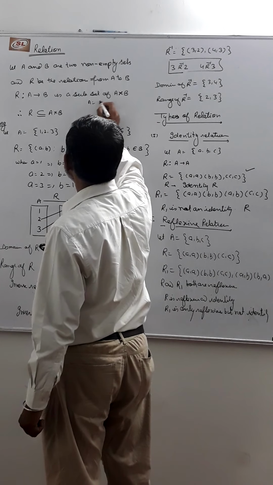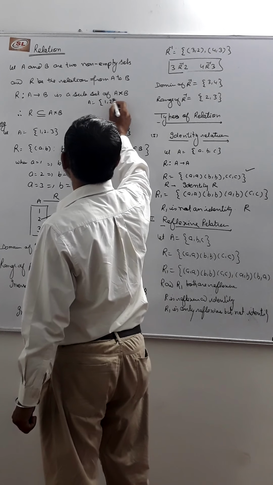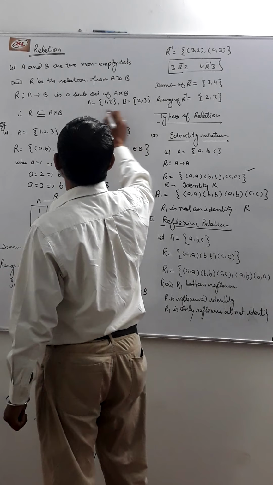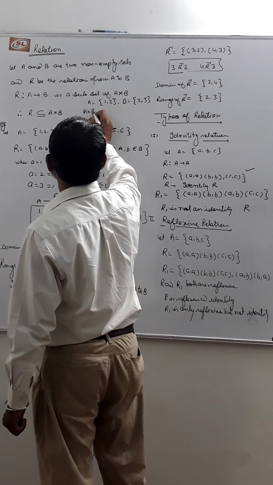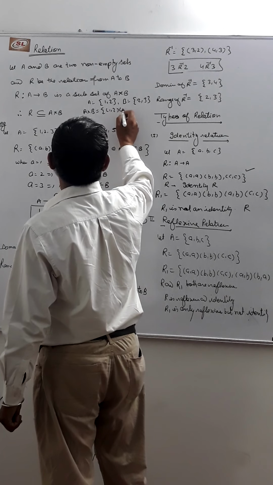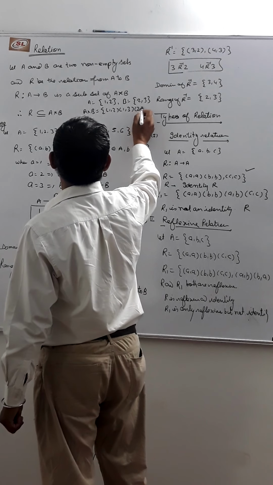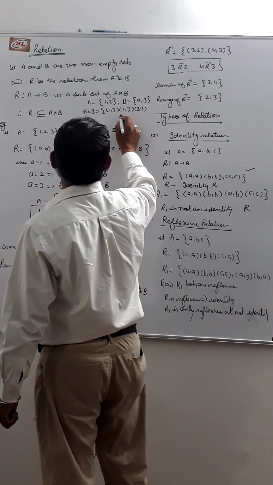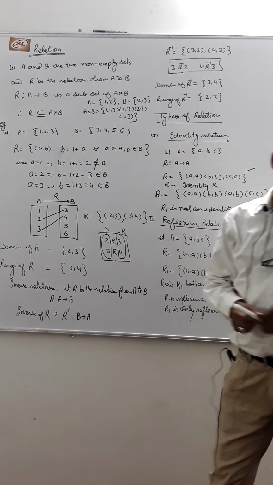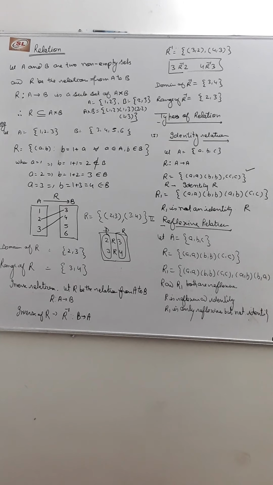Let us suppose that A is the set whose elements are 1, 2 and B is the set whose elements are 2, 3. Then how can we find A cross B? That is (1, 2), (1, 3), (2, 2) and (2, 3). This is the Cartesian product of the sets. These were already studied in the 11th standard also.